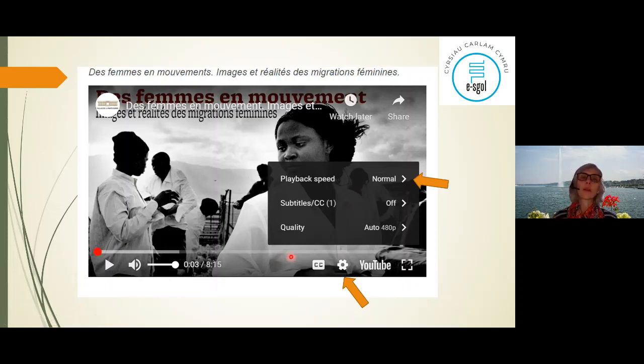Sometimes normal speed is a bit difficult because those people who are speaking in news videos, they're French speakers, first language or second language, but at the same level as French, like in Welsh and English. And it's a bit difficult to understand. So go to the speed. I would go to 0.75, nothing lower than that. Otherwise, it's a bit bizarre and you don't understand what they're saying and it's cracking in the background. But 0.75 is good.